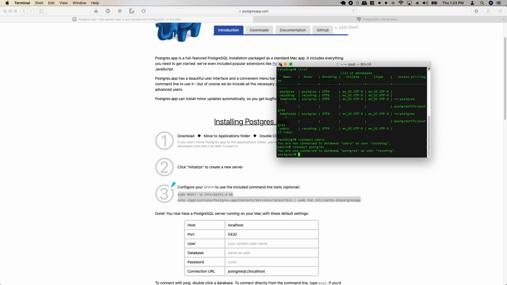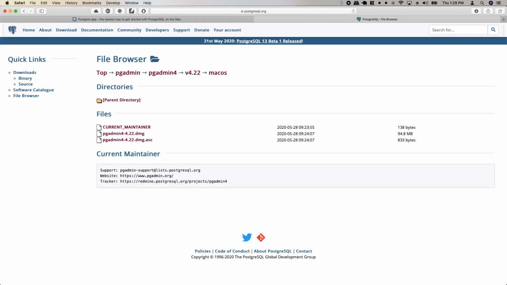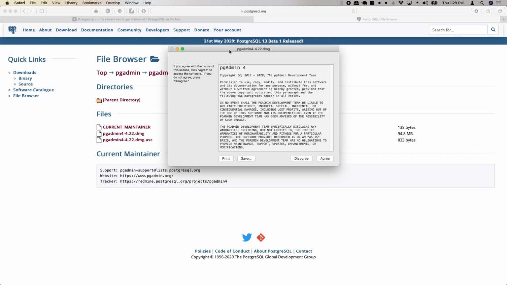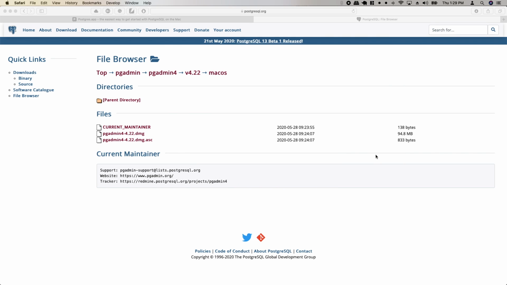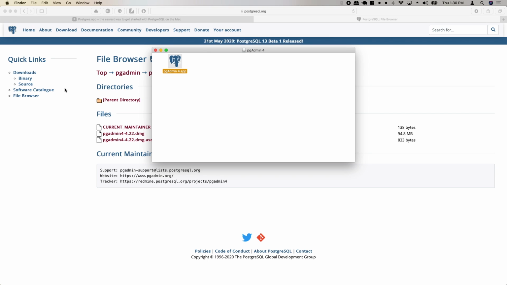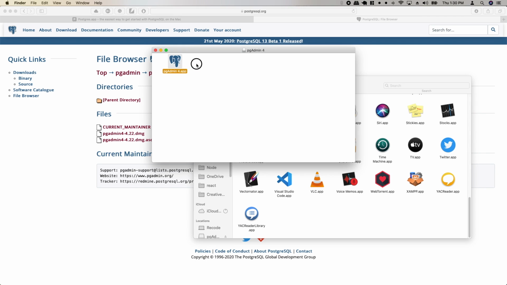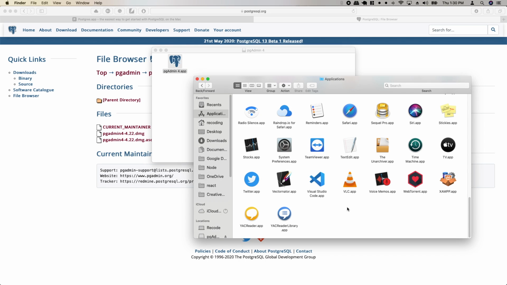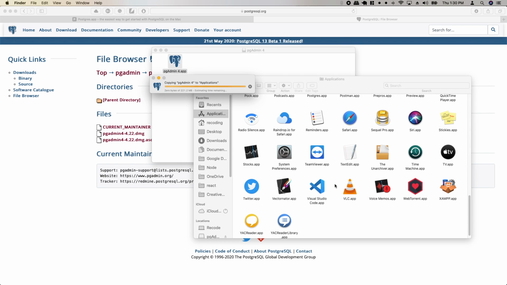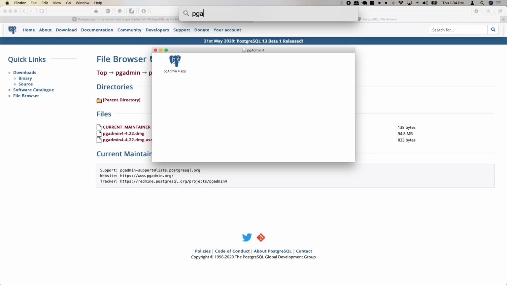Let's now install pgAdmin as it will provide a better user interface. As our download of pgAdmin has been finished, let's now open the file. We need to agree to open the file. As our file opens, we simply need to drag and drop pgAdmin to the application folder, while it will take some time to copy. After that, let's open our pgAdmin from Spotlight Search.